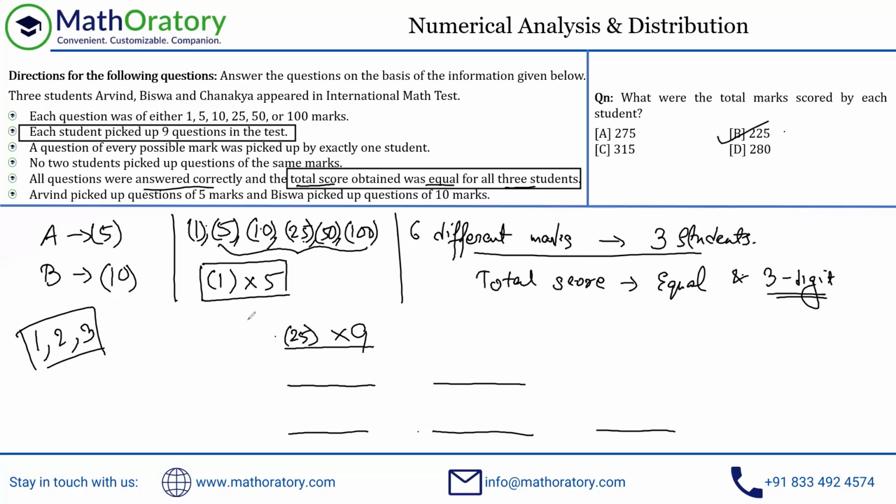So let me just allocate that here. The total for each student is 225, right? Okay, now coming to this 1 into 5 and A and B thing. By the way, A has picked up 5 mark question and B has picked up 10 mark question. This person is picking up 25 mark question and no other type of mark, so this has to be C, right? A and B has to be allocated to these 2 slots. One of them is A, another is B. Also the total has to be 225 in some combination.